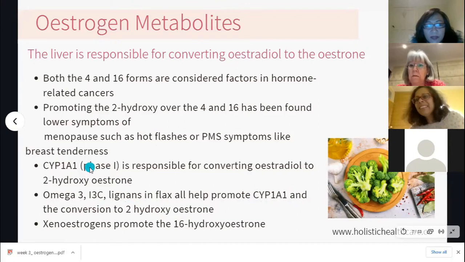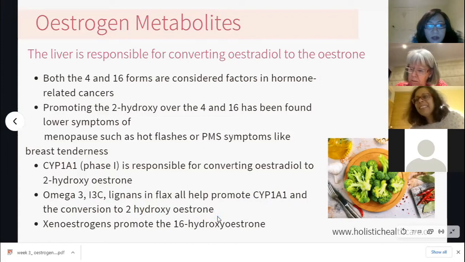So phase 1 works better. And therefore, when you're consuming omega-3 and you're taking an indole-3-carbinol supplement, you're eating loads of broccoli and sprouts and Brussels sprouts, and you're doing 2 tablespoons of flaxseed a day in with your yogurt or your porridge, you are actually pushing the conversion of your aggressive estrogen down the 2-hydroxy, the safe route.